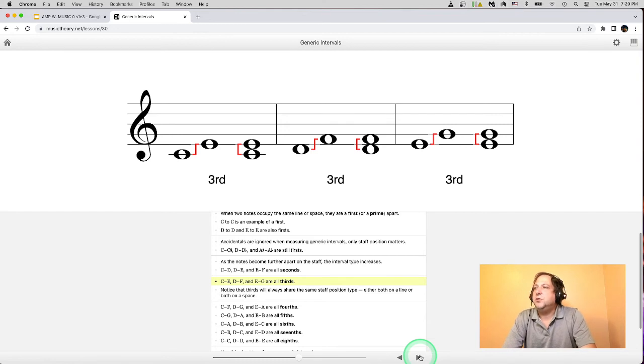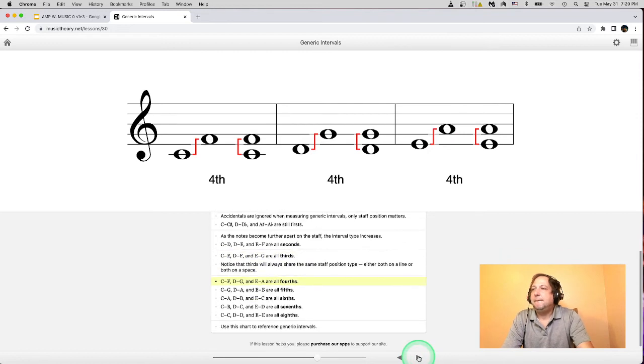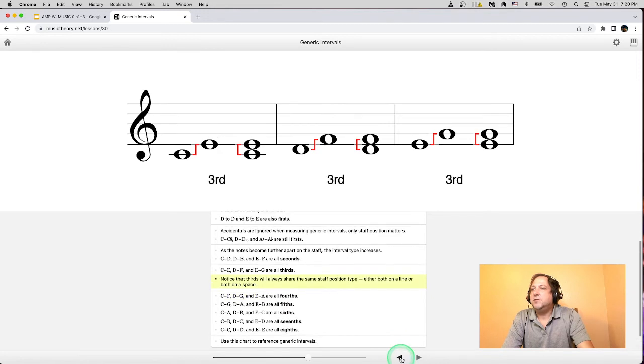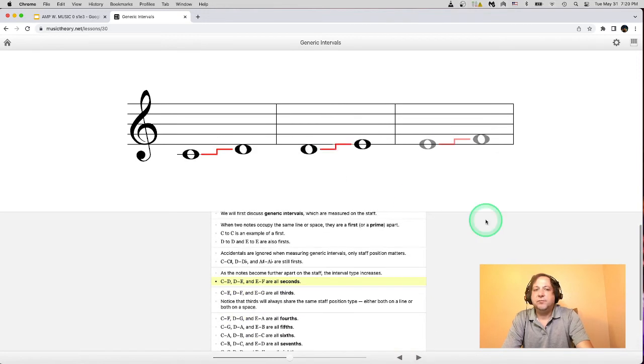When you go up 2 notes, it's called a third. You'll notice that it's going from a line to a line, a line to a line, a space to a space, a space to a space, or a line to a line. And we can kind of sing through these. So,